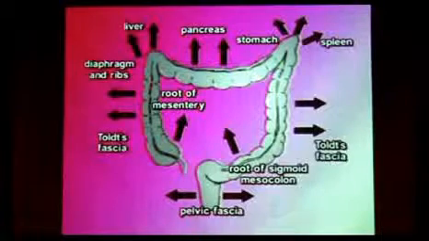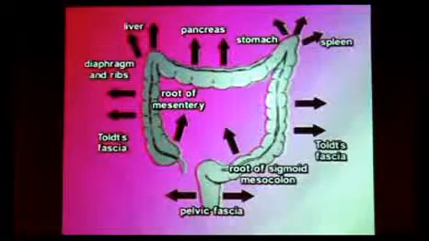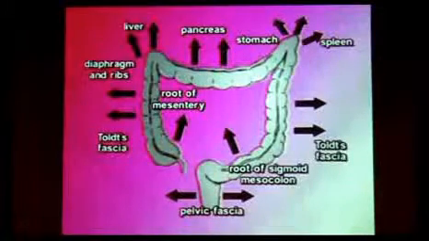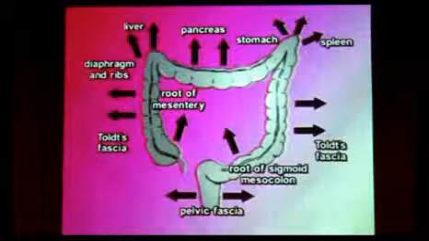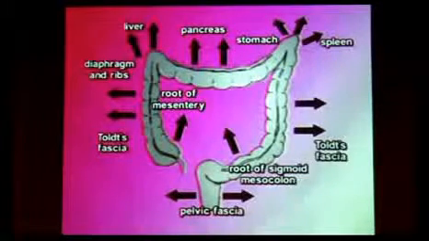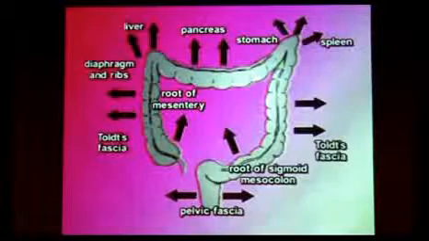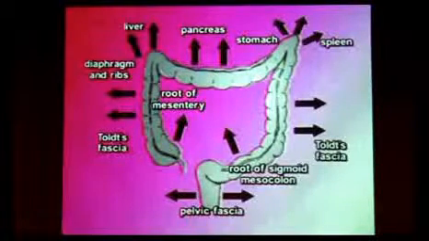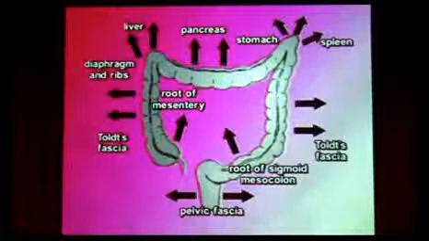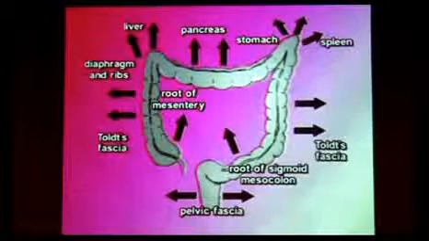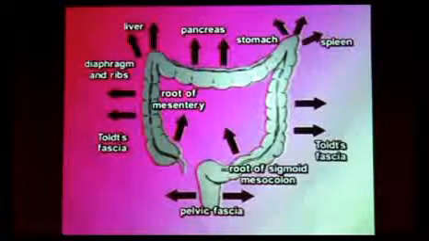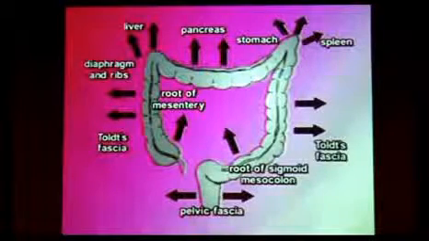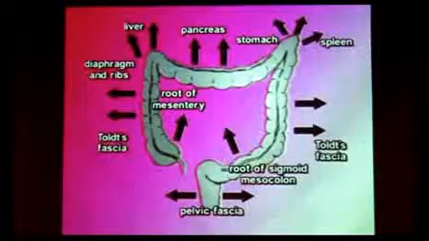All these parts attach to the anterior abdominal wall through Toldt's fascia. So this is another fascia; if it's in trouble, it creates a problem. Or vice versa, if a person has severe constipation, they create a lot of load in the fascia, which at the end of the day loads the spine. That's when we sometimes see patients with chronic back pain related to constipation or post-hysterectomy, because what happens, everything